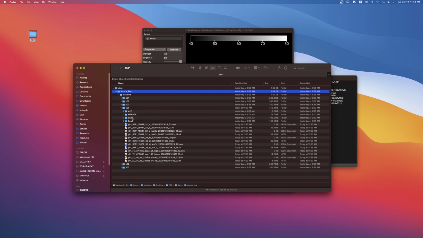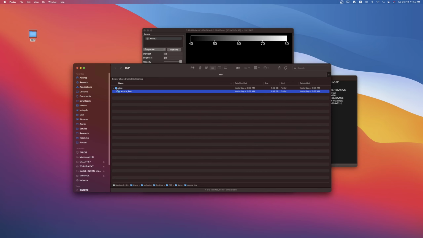All right, so I like to move these to my new source Nifti data, so that I can distinguish that these are the, sorry, not the new source, but the raw data. So I'm going to make a new folder,